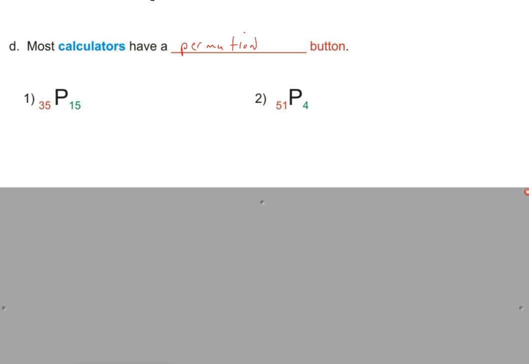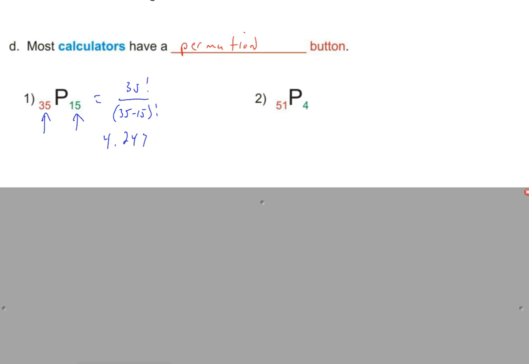So again, what I want you to do is, I still want you to show me the formula, 35 factorial over 35 minus 15 factorial. But let's see if we can use our button to get it. Most calculators, you do the first number, then the button, and then the second number. So see if you can get your calculator to work using the button. This is a big number. This is going to be scientific notation. And you should end up with